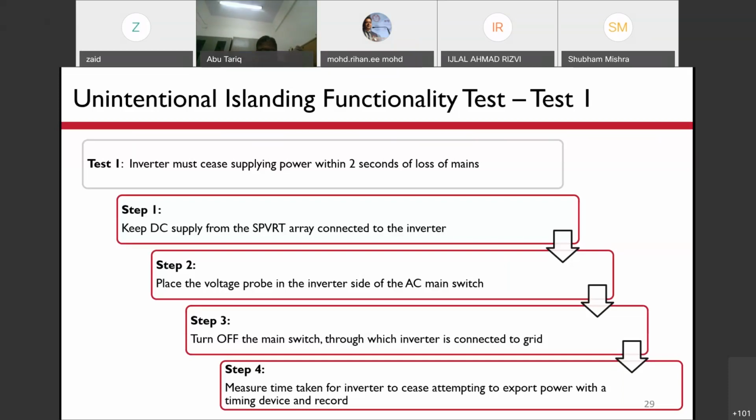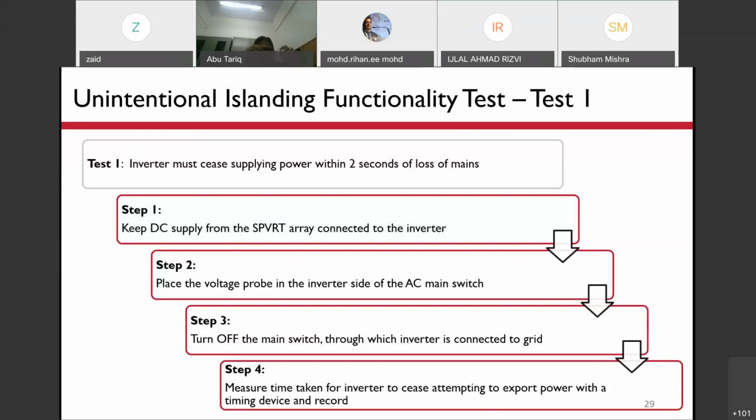We place the voltage probe on the inverter side, the supply coming out from the inverter. With the probe connected, the main switch coming to the electricity board panel is disconnected. The supply coming from the grid is disconnected from the main switch.